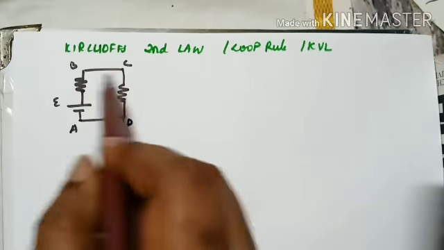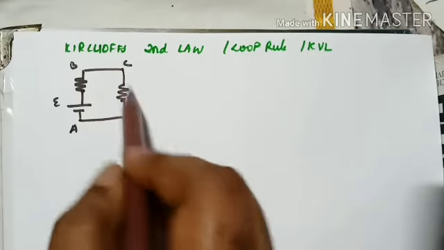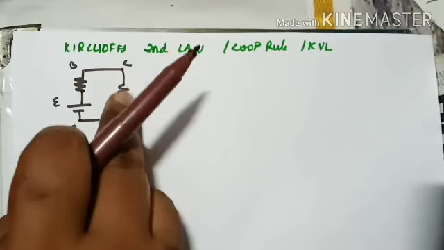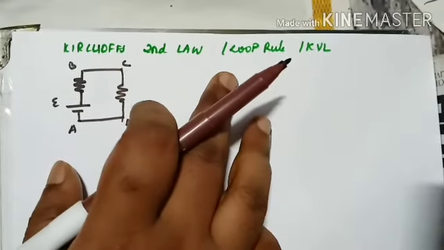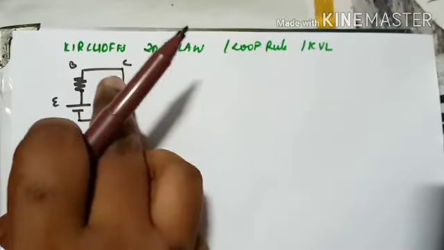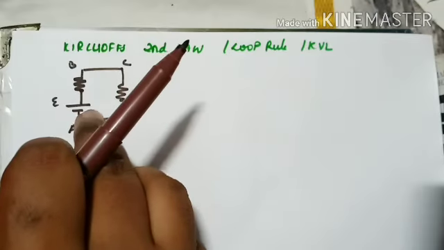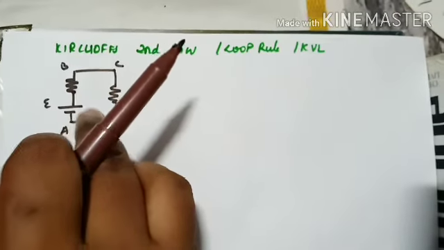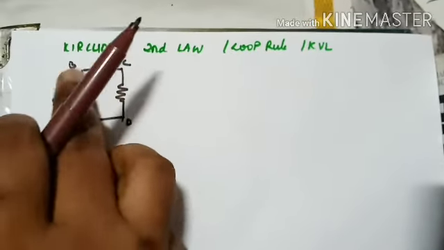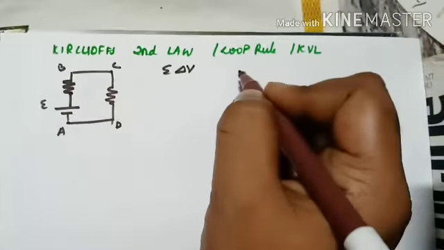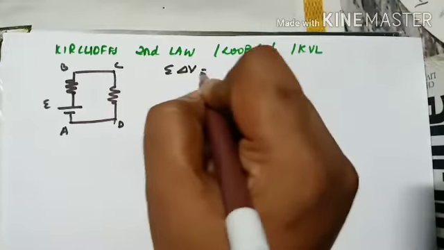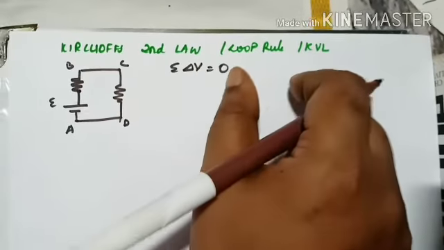You can move in the clockwise direction, or you can even move in the anti-clockwise direction. It's okay. When I move from one point to another and then come back to the initial point itself, then I say a loop is formed. Now let's move on to Kirchhoff's second law. What it states is that the algebraic sum of the potential difference, or the voltage, around a closed loop is zero. That is, the total delta V inside a loop is zero. It is only true for a closed loop, okay?